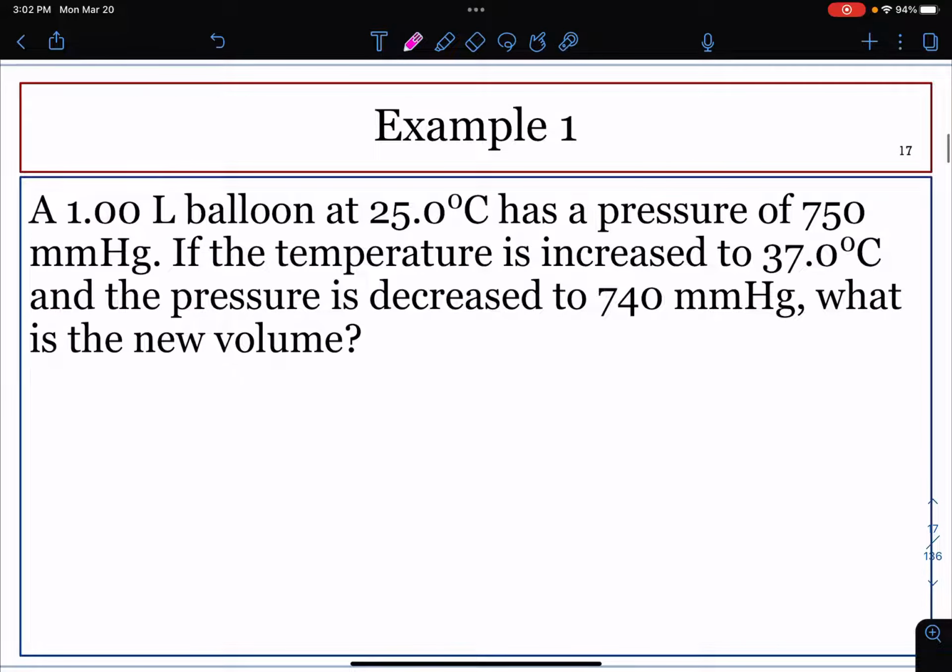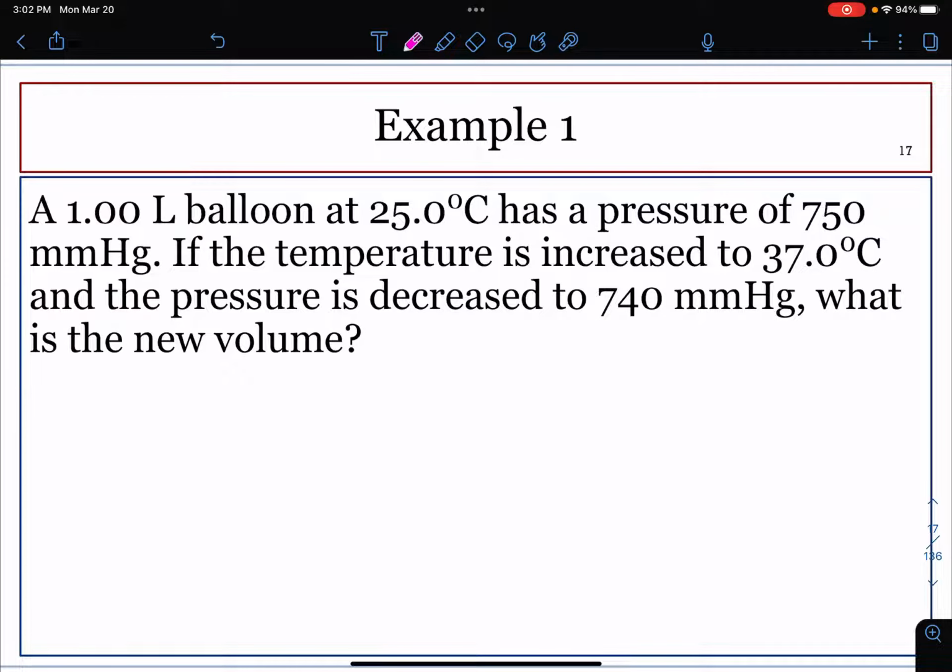Here's the first sample problem. A 1 liter balloon at 25 degrees Celsius has a pressure of 750 millimeters of mercury. If the temperature is increased to 37 degrees Celsius and the pressure is decreased to 740 millimeters of mercury, what is the new volume? Our equation should be the combined equation, the combined law, because two of our variables are